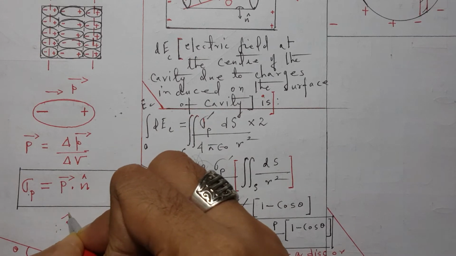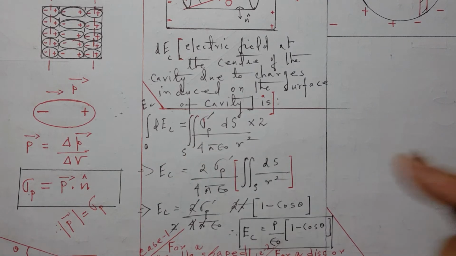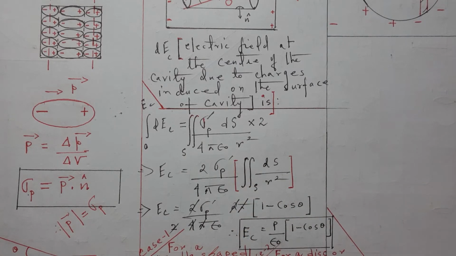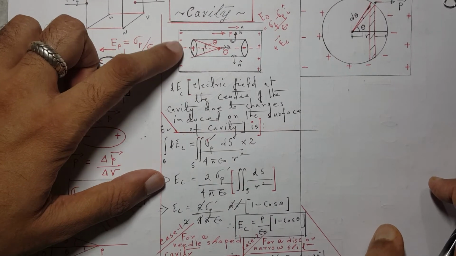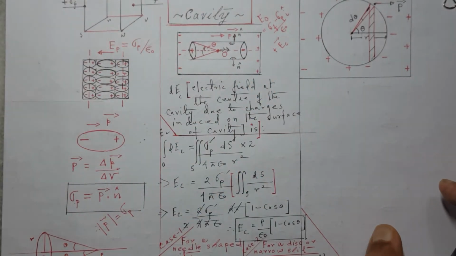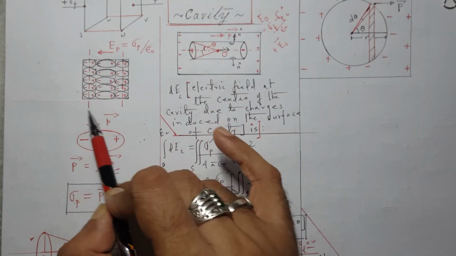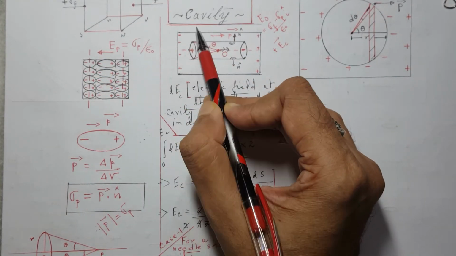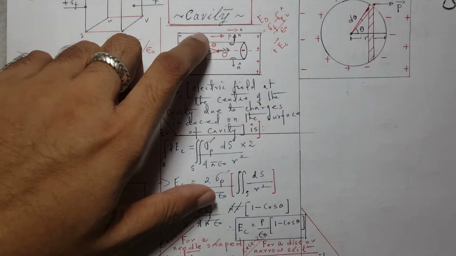So this is actually sigma P in clear terms. So sigma P dash ds by 4 pi epsilon 0 r square. Now I have multiplied by 2. Why have I multiplied by 2? Please try to understand. Here you see, this negative charge will induce a positive charge here, and this positive charge will induce a negative charge here. Basically it's like that, because again a cavity means a discontinuity. So if you go on by this dielectric configuration distribution as we have seen, you will see positive charge lining here, and here you will see negative charge lining at the ends,